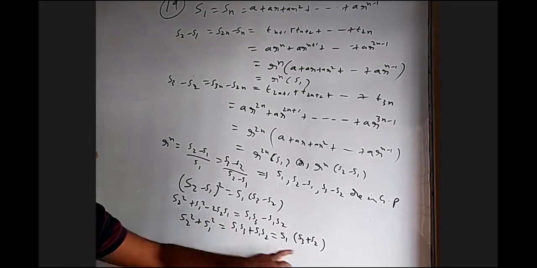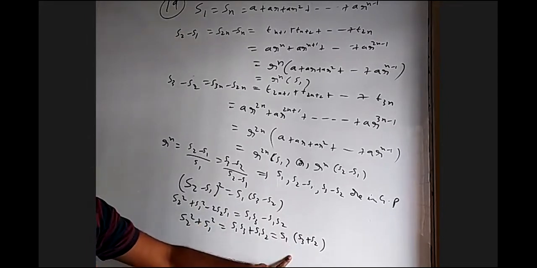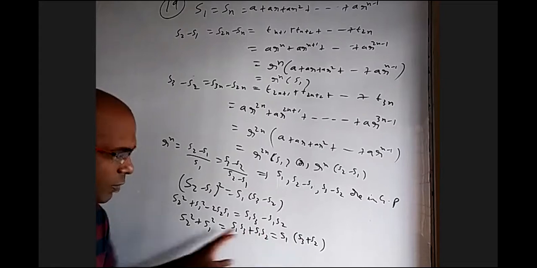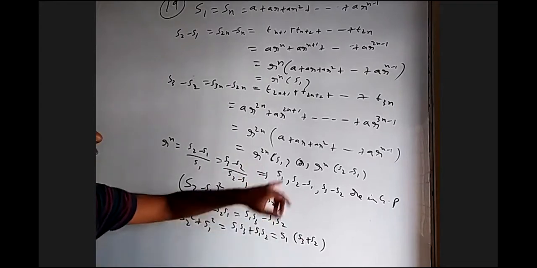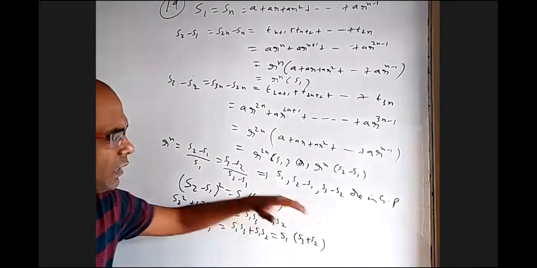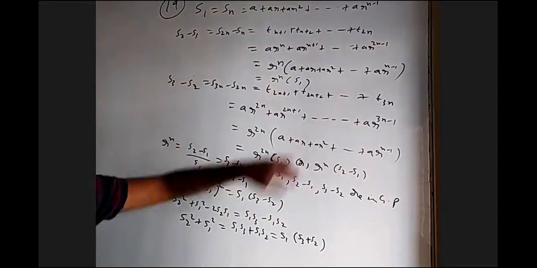Okay. If they had directly given option B, it may be a little difficult to prove. Prove that S2 square plus S1 square is equal to S1 something, then you have to find and prove. But how did somebody get an idea to make that question? If you look at only option B, it may not be clear. If you look at option A, what we proved is that these three are in GP, that is quite obvious, so somebody would have got an idea how they're in GP.